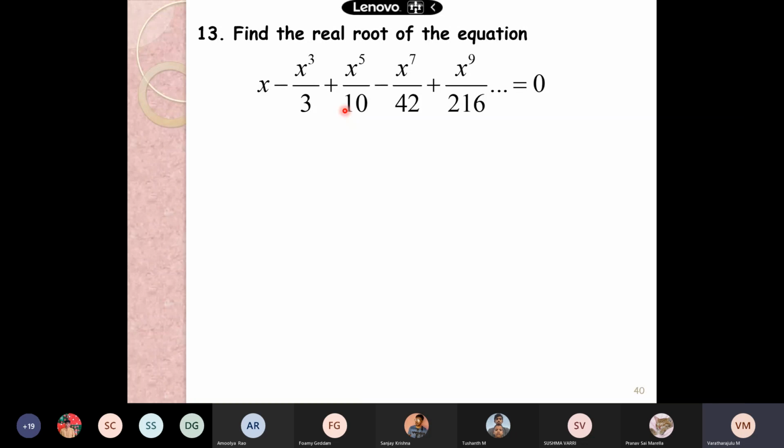That is, answer power 3 divided by 3, then minus answer power 5 divided by 10, close bracket, again plus answer power 7 divided by 42, then minus